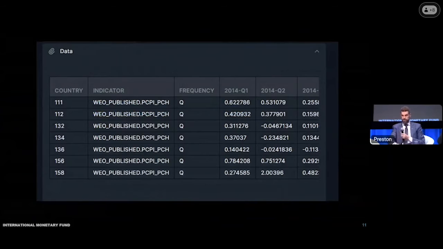We also produce some simple outputs. This is a table of the data that you were looking for, and we do some simple charts. Now, that's really the baseline of what we've built. This is the very simple querying tool and very simple outputs. But one of the things that we're experimenting with together with